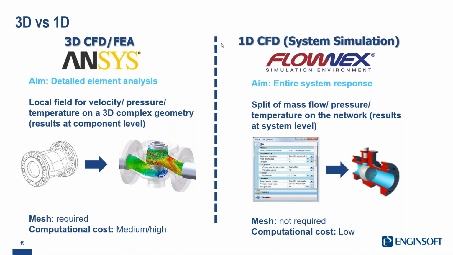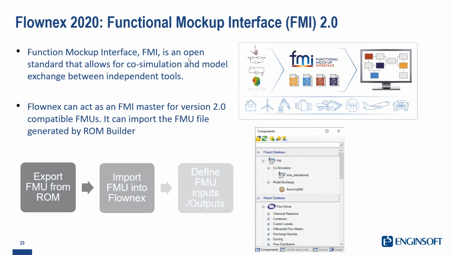So the reason we co-simulate is to have a very quick response, using the 1D fast resolution to have a general fast simulation when a co-simulation is possible, without waiting for the time of a 3D analysis. So now we will see how we can do it. The interface, from an informatic point of view, is the functional mockup interface, which is a standard that is used to make